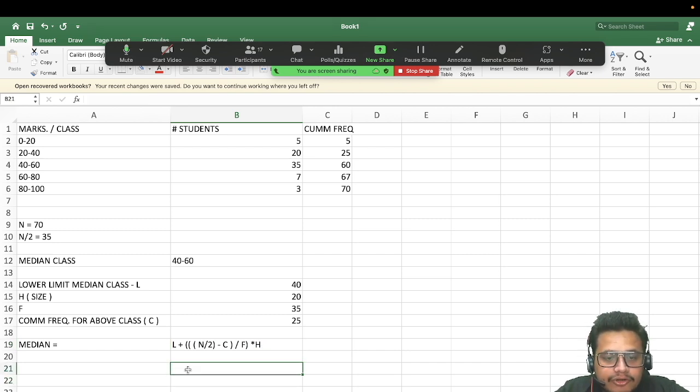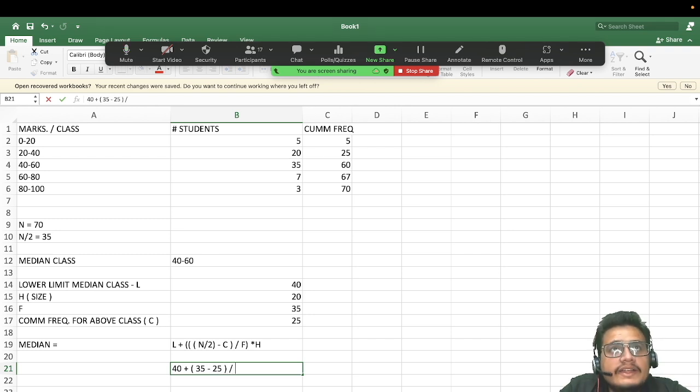Now L is 40 plus n by 2 क्या 35, 35 minus c, c is 25, तो मतलब मेरा 10 divided by f, 10 by 35. ठीक है, multiplied by 20, सो मतलब कि 40 by 7. So 40 plus 40 by 7, this is our median. Okay. n by 2 क्या है 35 minus c is cumulative frequency क्या है इस केस में अपनी 25,